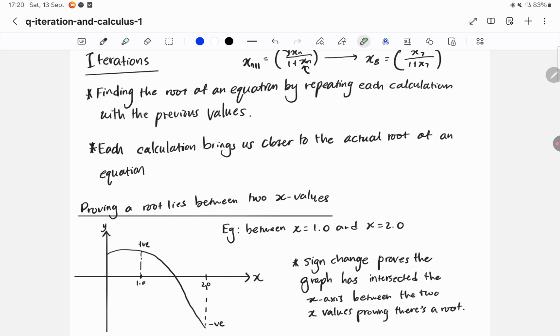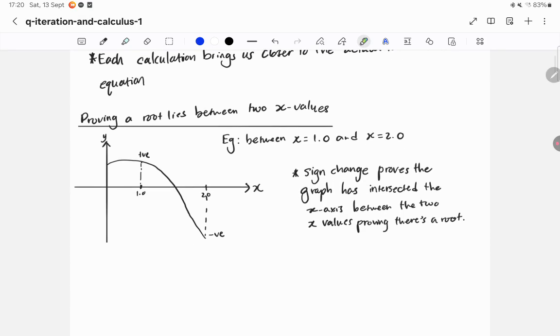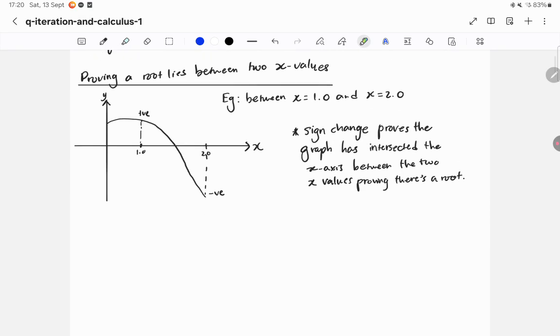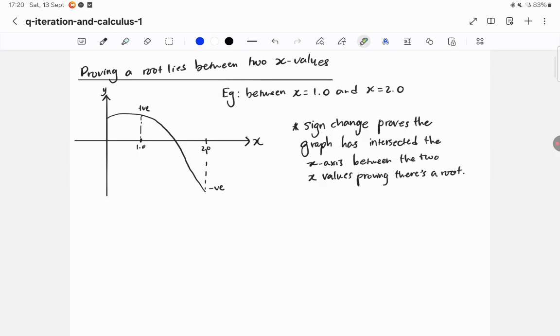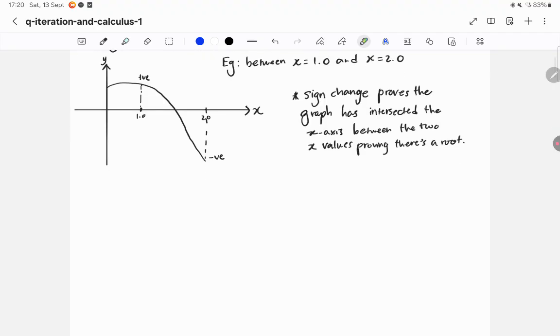All right, and we will jump into a few questions later to understand iterations more in depth. Another part of this topic, based on the questions they ask, is about proving a root, proving that a root lies between two specific x values. So you can have questions asking,